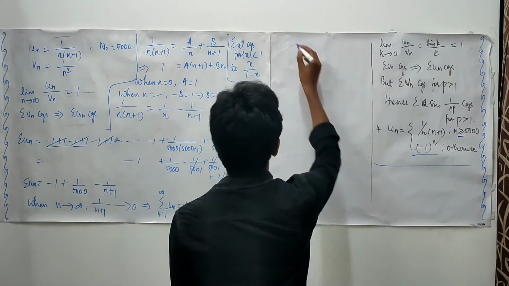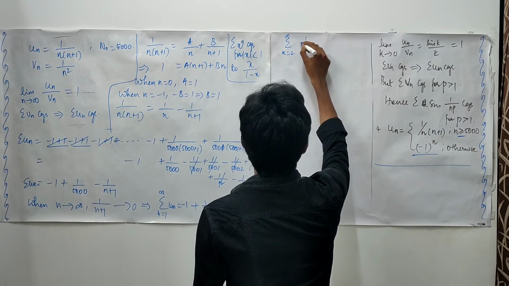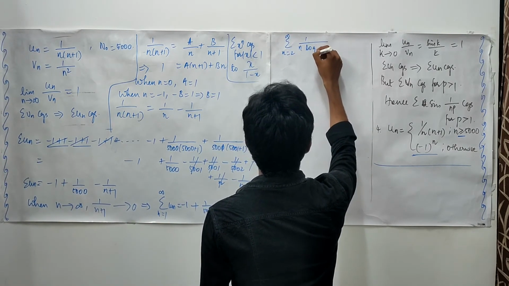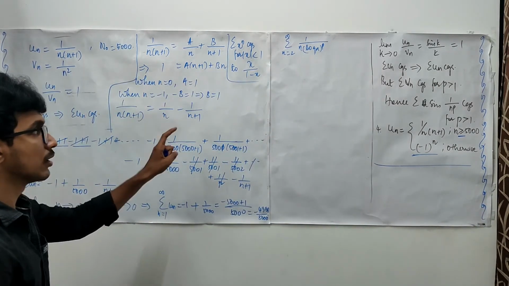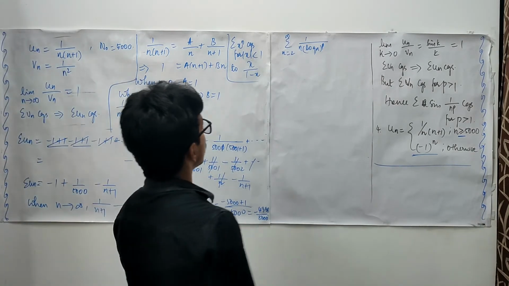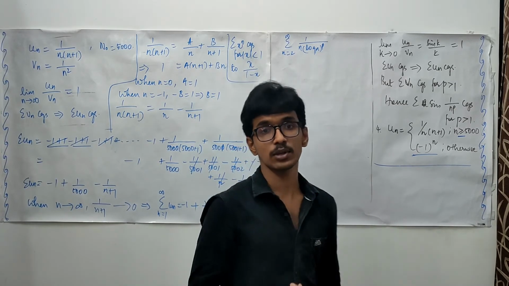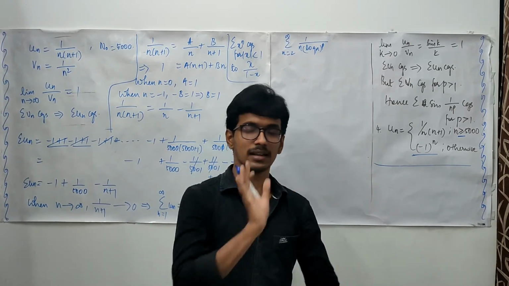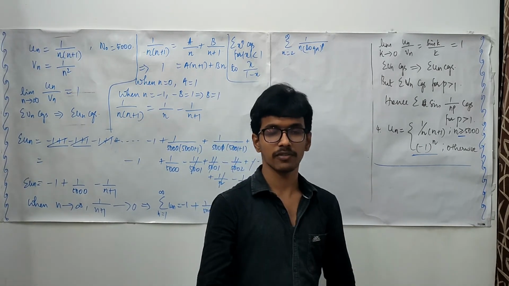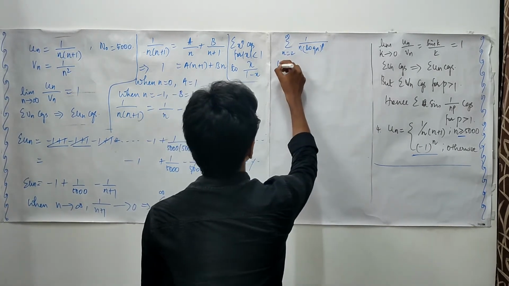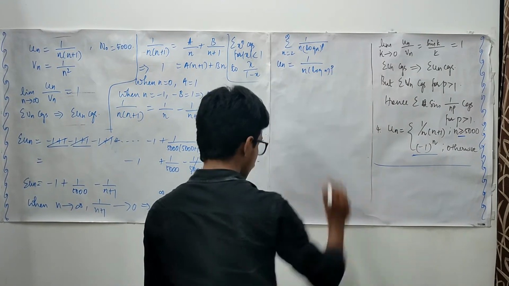Now let us see another problem: summation n runs from 2 to infinity 1 upon n times of log n to the power p. We will have to examine the convergence of this, for which let us make use of the Cauchy condensation test, and that tells you to substitute 2 power k or generally a power k. Let us choose a to be 2 here just for convenience, and here my term is 1 upon n times of log n to the power p.